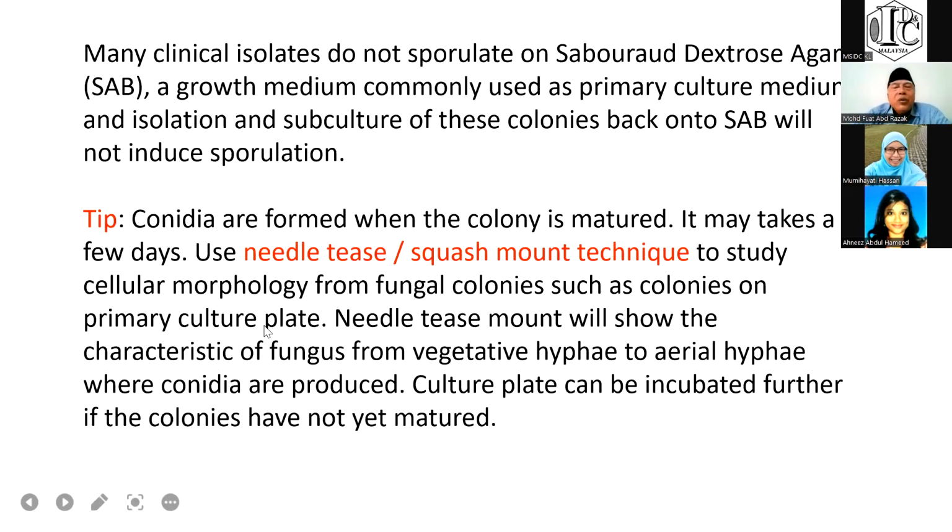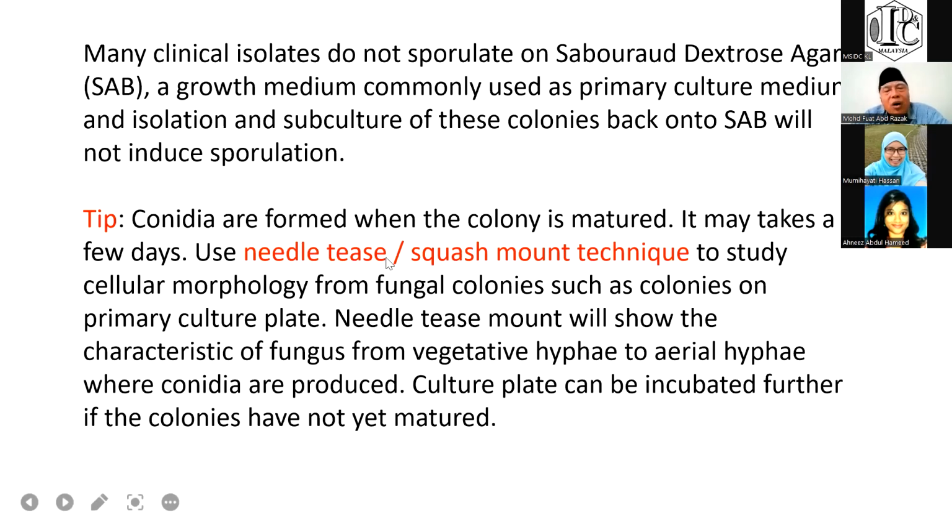Okay, so yes, we all know that conidia are formed when the colony is matured, but how do you know the colony has matured or not? Because it may take several days, it may take more than a week, it may take 10 days for the colony to get matured and produce conidia. So if we want to study mold for their conidia, especially on medium like SDA, the best technique to use is